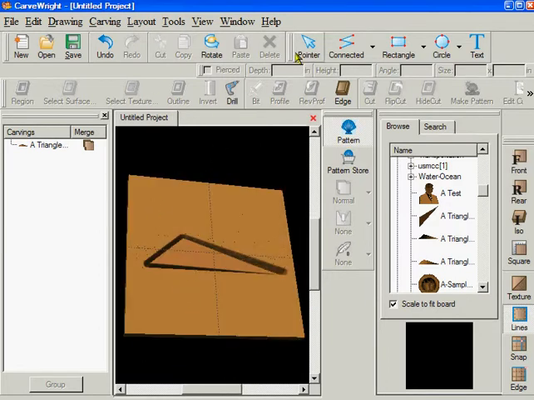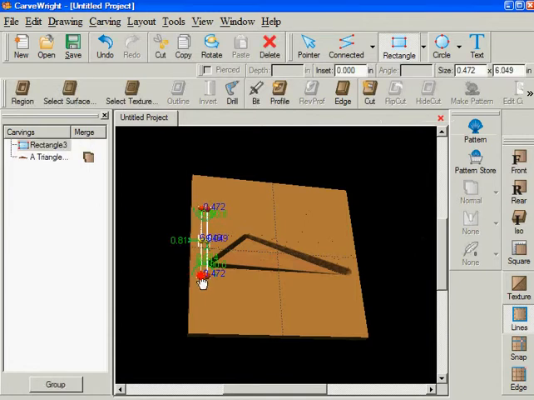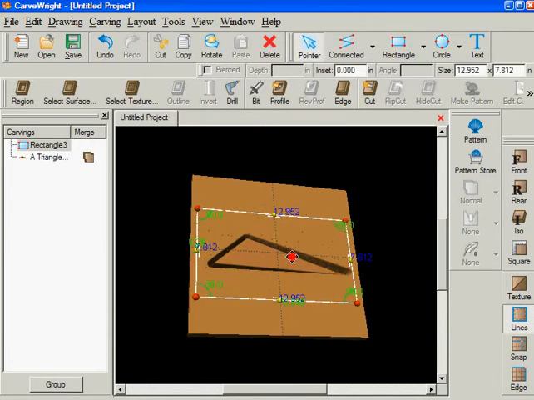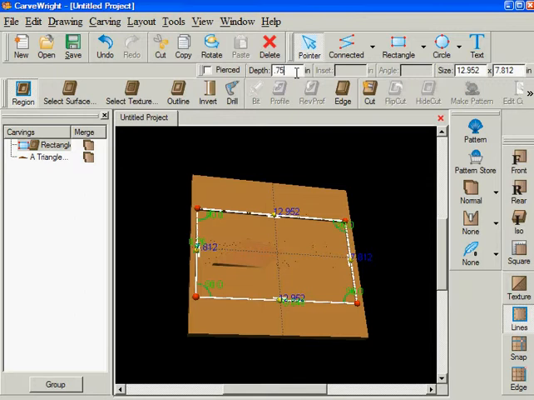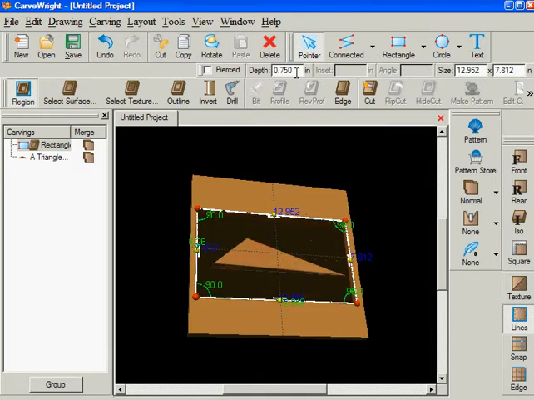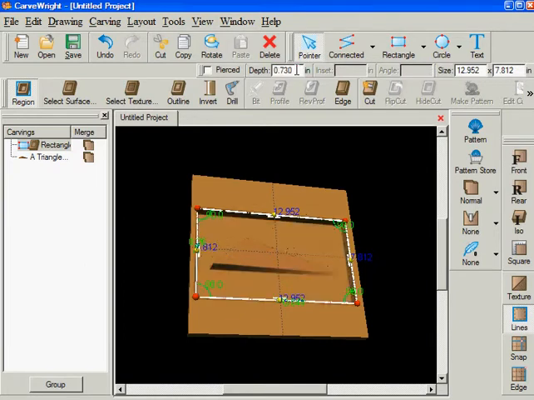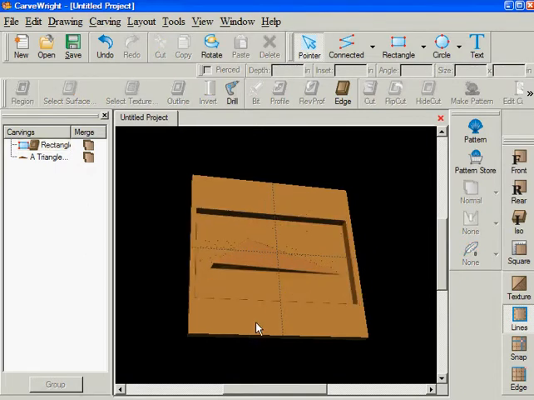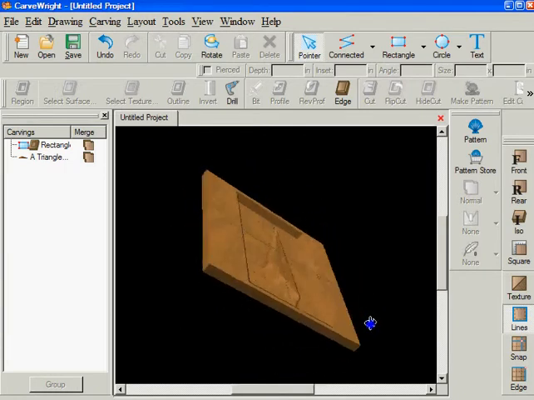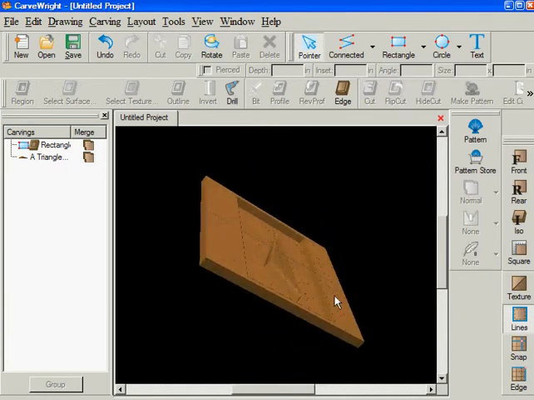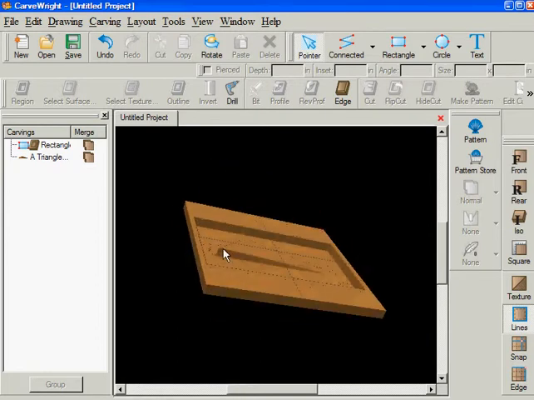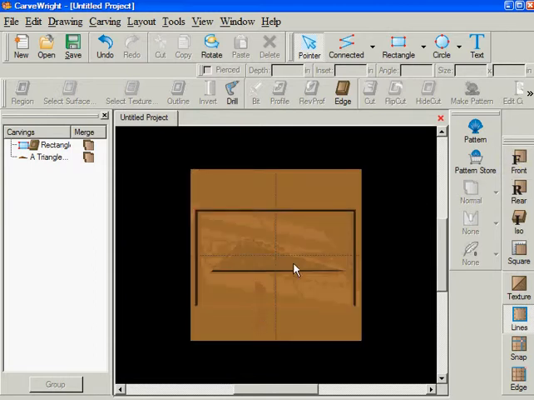So if this was on something else, let's say it's within a carved rectangle that is set at a carve region of a 0.75, let's say. Now let's make it a little less than 0.75. Let's make it 0.73. There. We can see that the base is full but the taper goes all the way up to the point on the right. And that's what I wanted. So I now have a pattern that is triangle test B